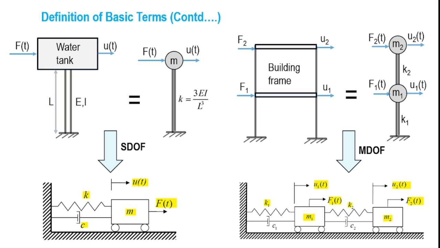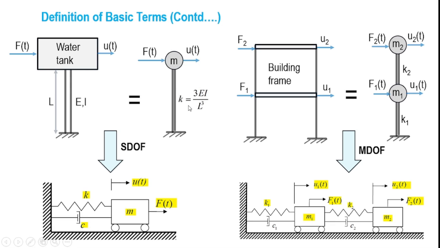One is the stiffness. What's the stiffness of the system? So here, as you can see, it's a simple cantilever. And we know that when a cantilever is subjected to a load P, the deflection at the free end would be PL cubed by 3EI, which means that the stiffness K, which is nothing but the load required to produce a unit deformation, will be 3EI by L cubed. It does mean that if I know the value of EI and L, I can easily obtain the stiffness K